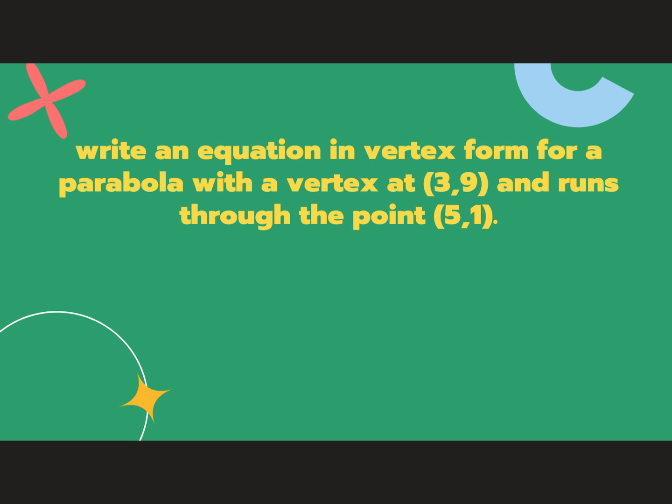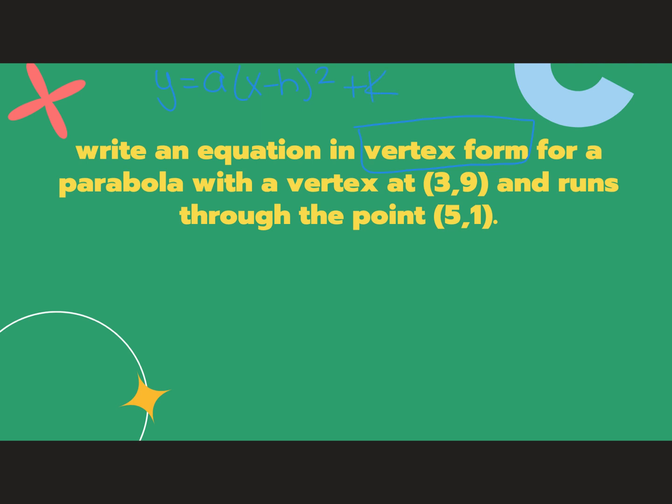Okay, so in this problem, we are asked to write an equation in vertex form, okay, for a parabola, giving us the vertex, so it gives us the point of the vertex at (3, 9), and runs through the point at (5, 1). So here, as a reminder, our vertex form is y equals a, okay, (x minus h) squared plus